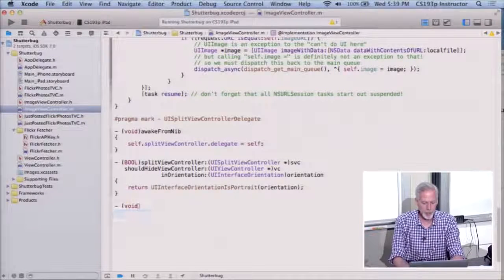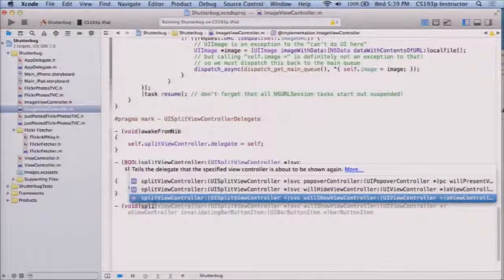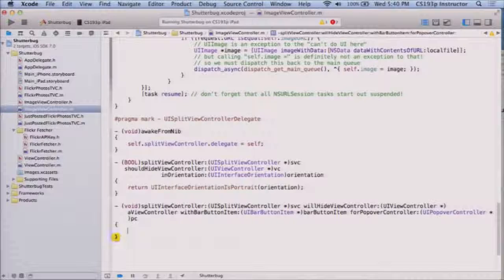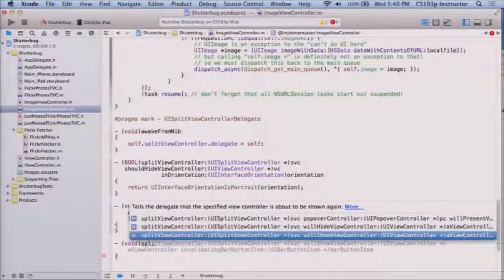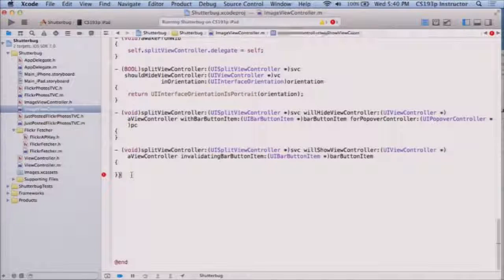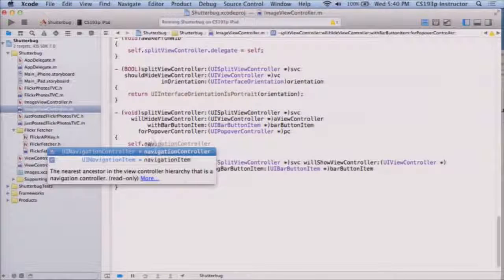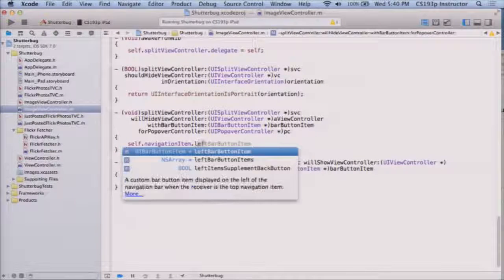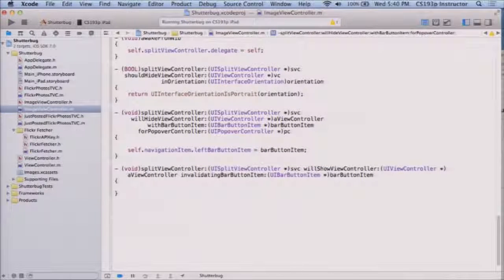So now, when I hide it, I have to do these two things, willHide and willShow. Okay, so let's do willHide right there, and then let's do splitViewController willShow. That's a mouthful, okay? So let's do that. And because I'm in a navigation controller, these turn out to be really, really easy to implement. When I hide, it gives me this bar button right here, and I just need to put that in my navigation item so that it'll appear as the left bar button item. I'm going to do another little trick here, is that I want my image